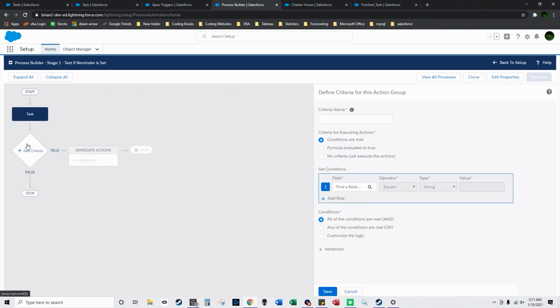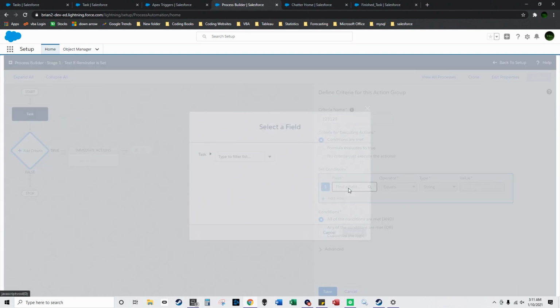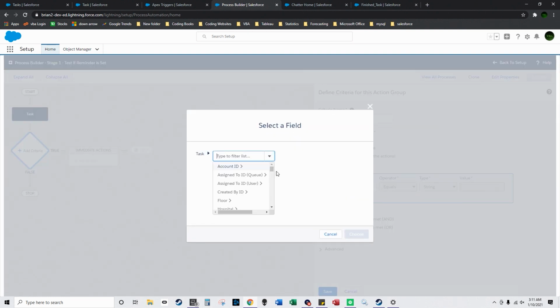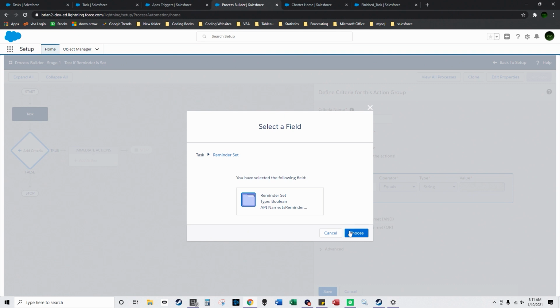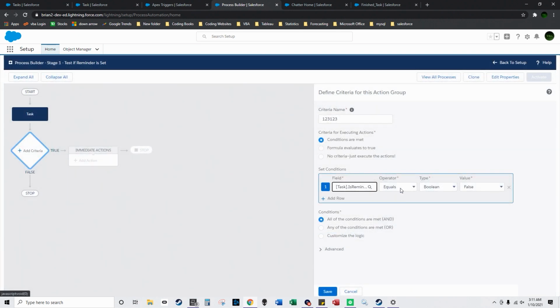Save. Add criteria, and for criteria name, it doesn't matter, just type whatever you want here, and then select conditions are met, and task is reminder set. So reminder set equals boolean true, and then all of the conditions are true. Click save,